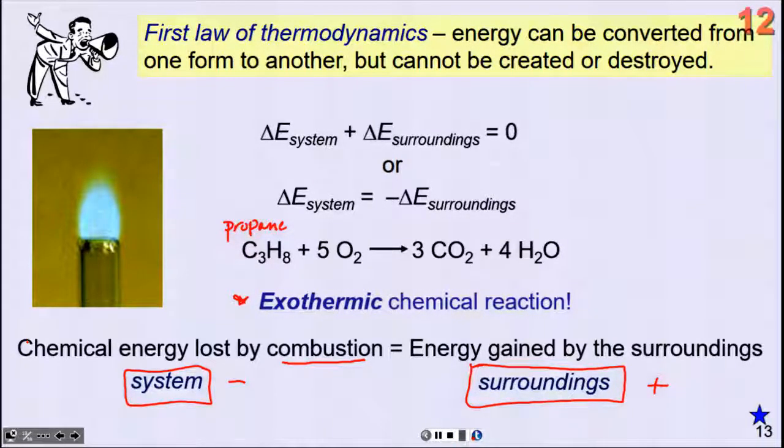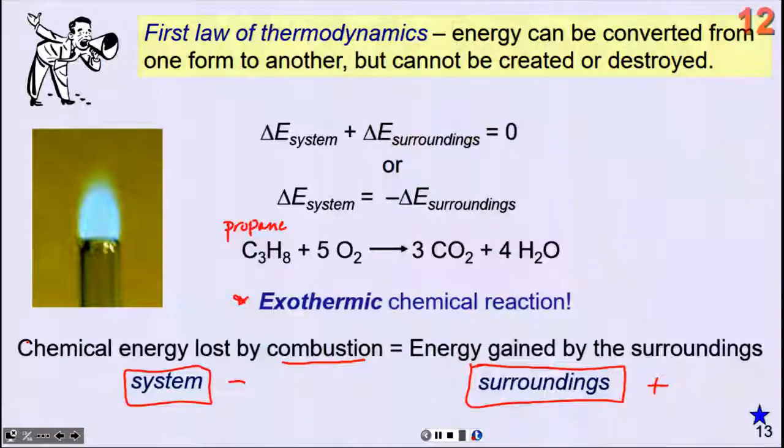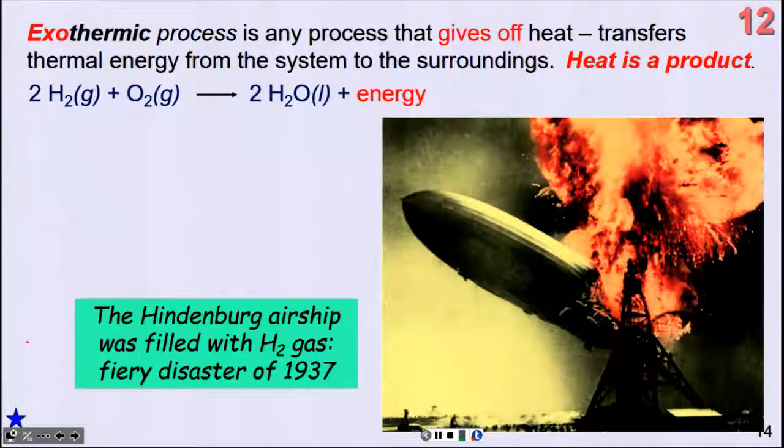Another example then is a process that we describe as exothermic, which is anything that gives off heat. It is transferring energy from the system to the surroundings, and heat is a product. Just refresh your thought here. Yes, I said exothermic on the previous one. We're going to continue to define the term. Exothermic means it gives off heat, losing energy. And so giving off heat to the surroundings. The reaction of hydrogen with oxygen is a very exothermic process, gives off lots of heat and light and energy,